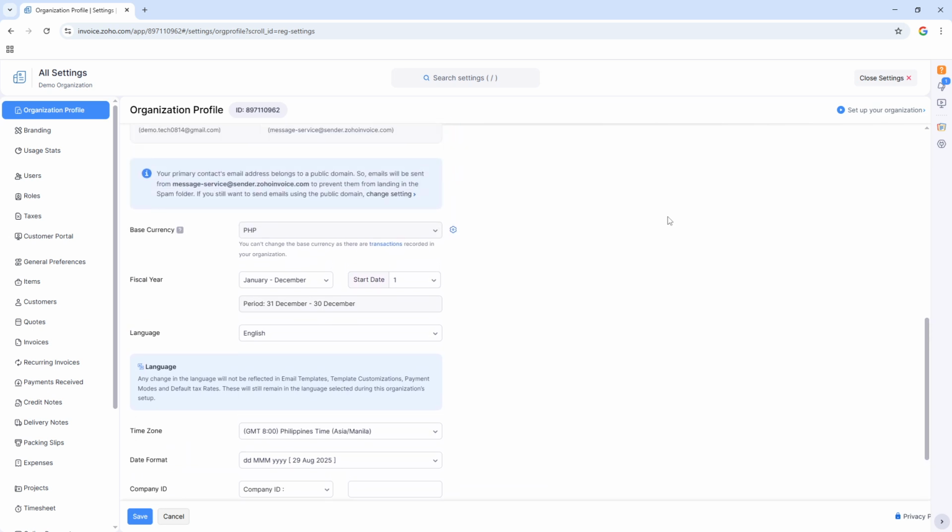Once you're in the Organization Profile section, scroll down a bit to find the Fiscal Year dropdown. This dropdown menu is essentially your control panel for setting the fiscal year. Here, you can select the fiscal year range that suits your business structure. For example, if your company operates on an April to March cycle, you can select that specific range directly from this menu. It's crucial to align this with your actual financial year to ensure that all your reports and data